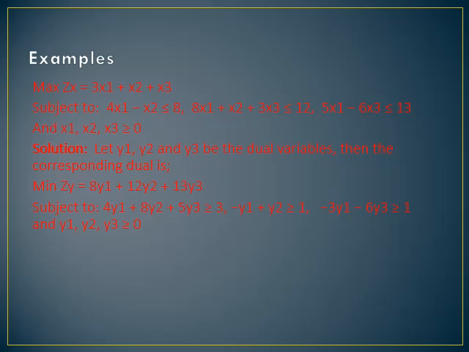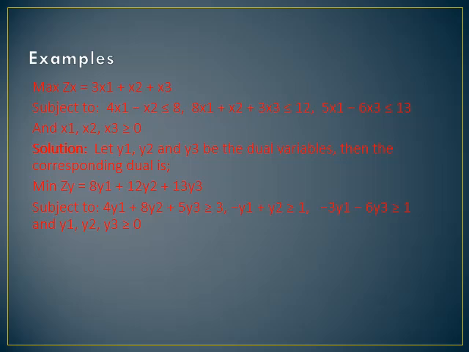Let's see. The first column of the primal contains 4x1, 8x2 and 5x3. Then the first row, the first constraint of the dual, will be